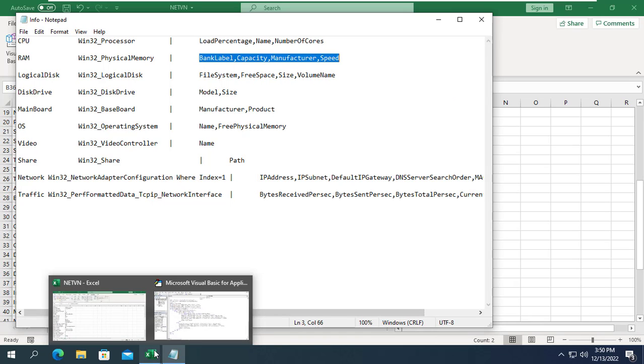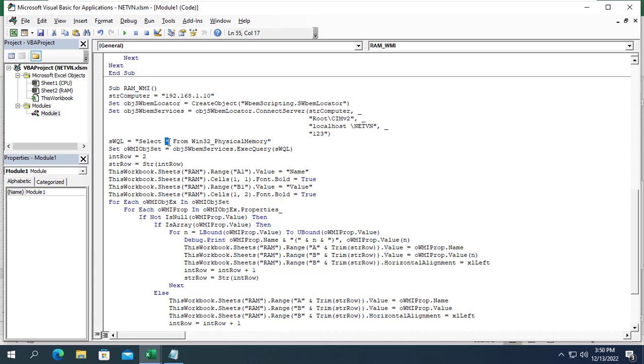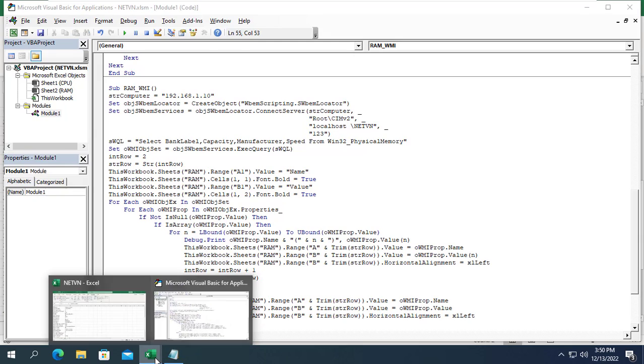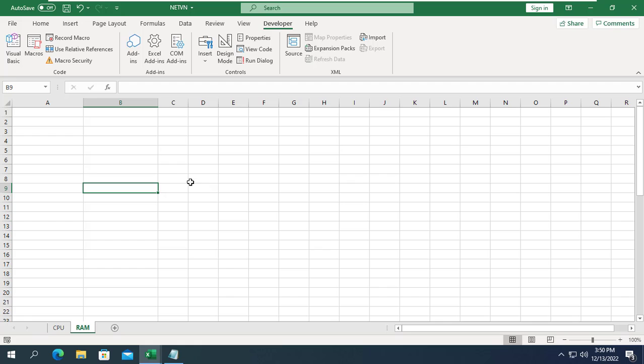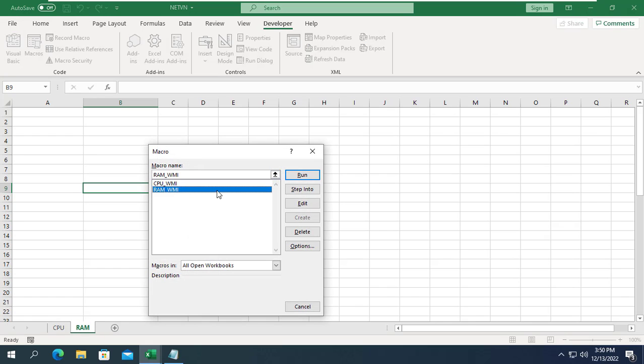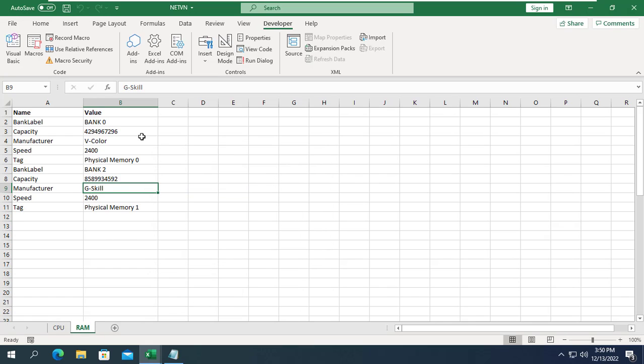To avoid confusion because of the large amount of information, I only take the basic information. The target computer has 2 sticks of RAM of different capacities.